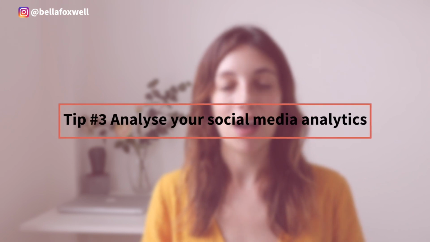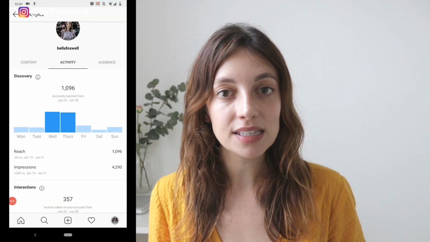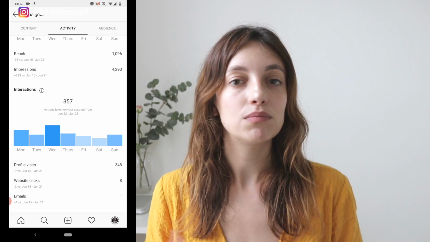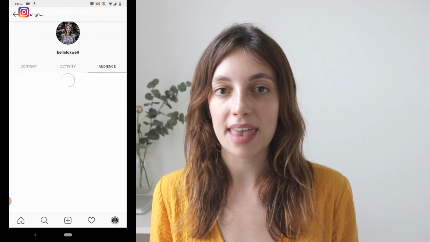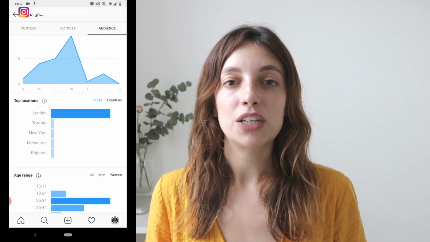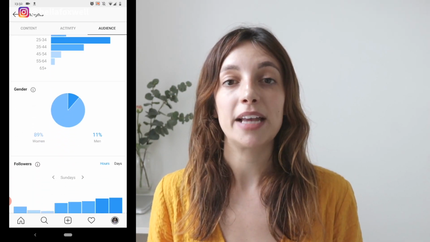The next tip is to analyze your social media data. So wherever you have a presence online, have a look at the analytics. So that could be your Instagram insights. You could have a look at the activity and the data of the people there, the split between male and female, where they're based, when they are most active. The information you'll find in your Instagram insights only gets you so far. I wouldn't rely on that information too heavily, but it is a good starting point if you're starting from scratch.